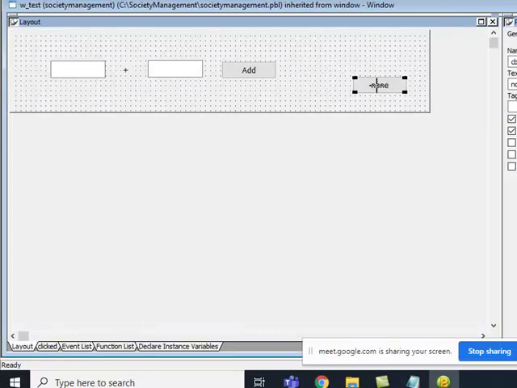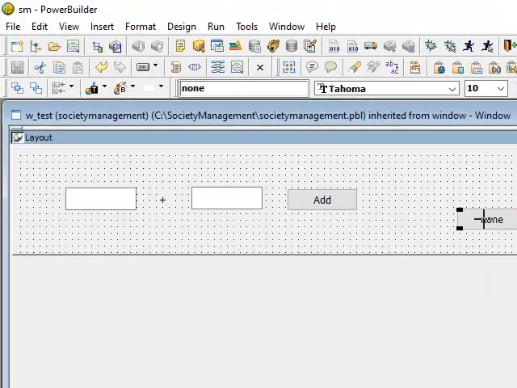So now, whenever anybody talks about a variable, what it means is we are going to discuss scope and life. For an instance variable, what is the scope? The scope is that it can be used anywhere in this window. You can use it on this button, here, there, anywhere.